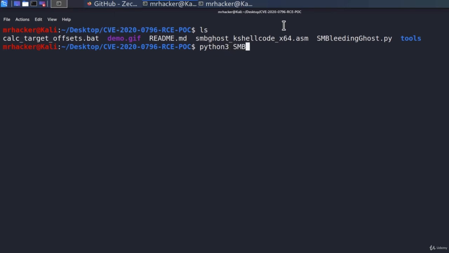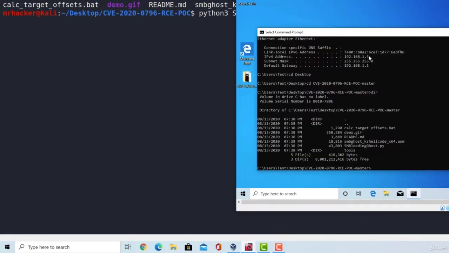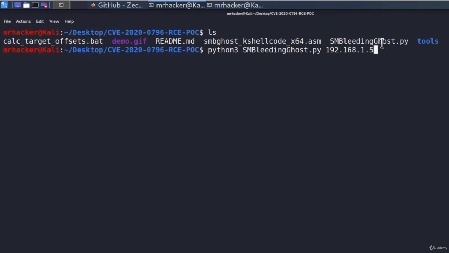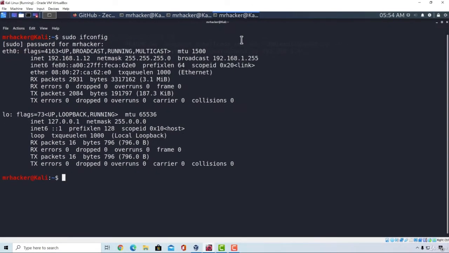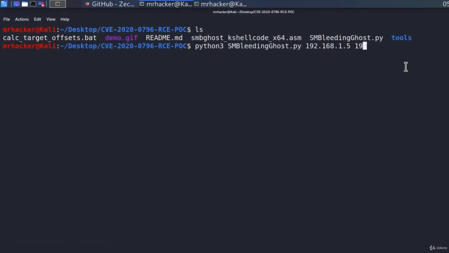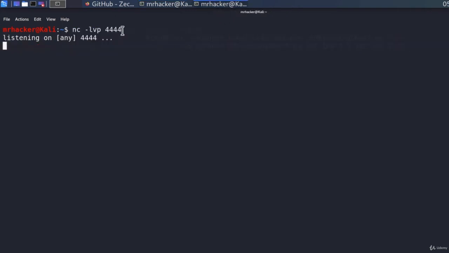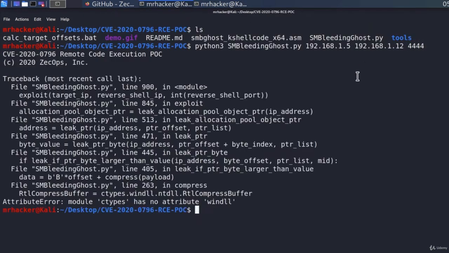We're listening right here already, and let us run the file right here. We're going to use Python 3, smb bleedingghost.py, then comes the target's IP address, which is, in my case, 192.168.1.5, as it says right here. Then comes the IP address of my Kali Linux machine, and I'm going to check it inside of a third terminal real quick. It is .1.12. So let's type it right here, and the last step is to specify the port number that we're listening on, and in our case, that is port 4444. If I press enter,